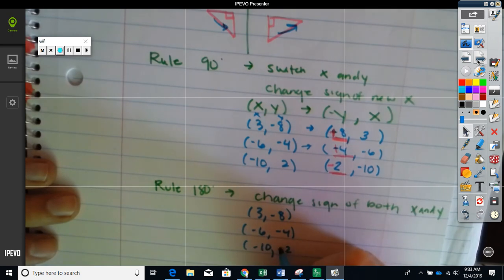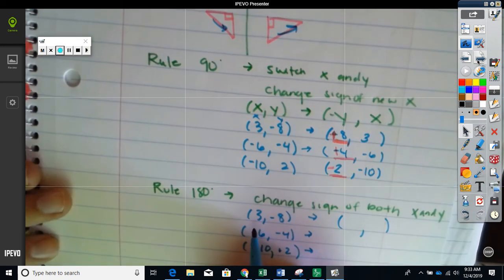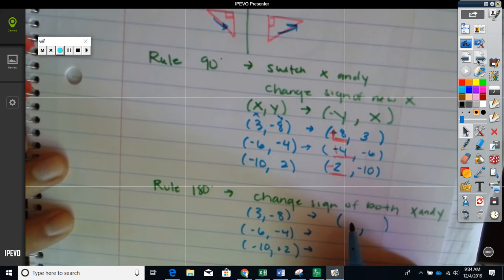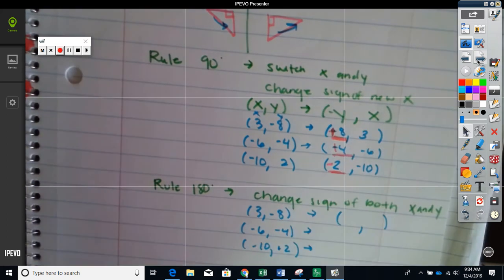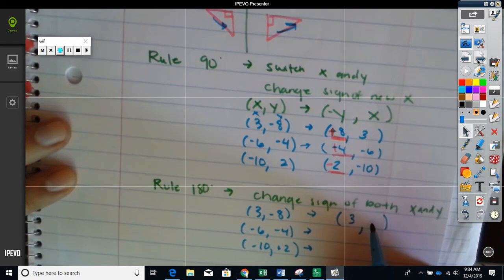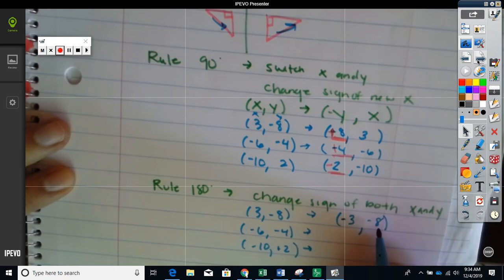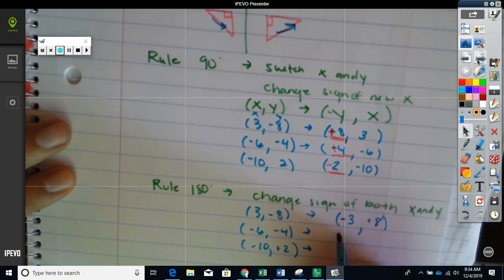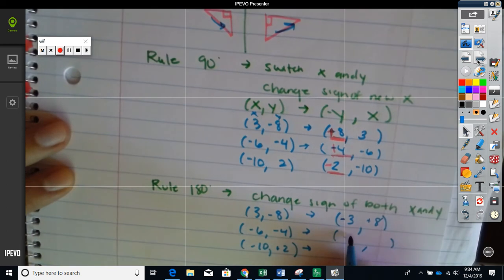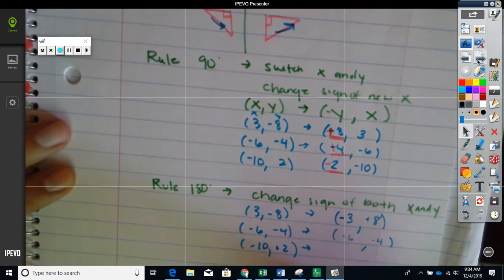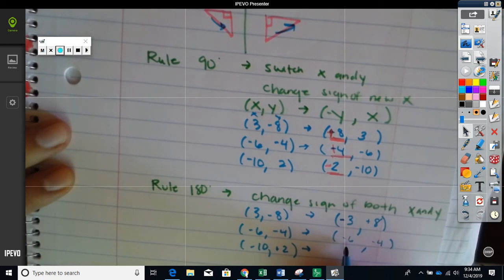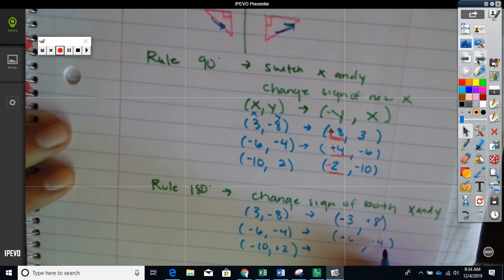Oh, it was +2. Oops. So when I do this, Lauro, it would be what? If it's +3, -8, this would be, no, we're not switching the order. It's just the sign. So if it's going to be 3, it's going to be -8, so I change the sign. So it's positive, it becomes negative, and this one, Victor, becomes, yep. Okay, -6, -4 would be what, Gregorio? What would be the 6? It'd still be -6, -4, same order, but this would be what, Gregorio? It's negative, so you change the sign and it becomes, yep,